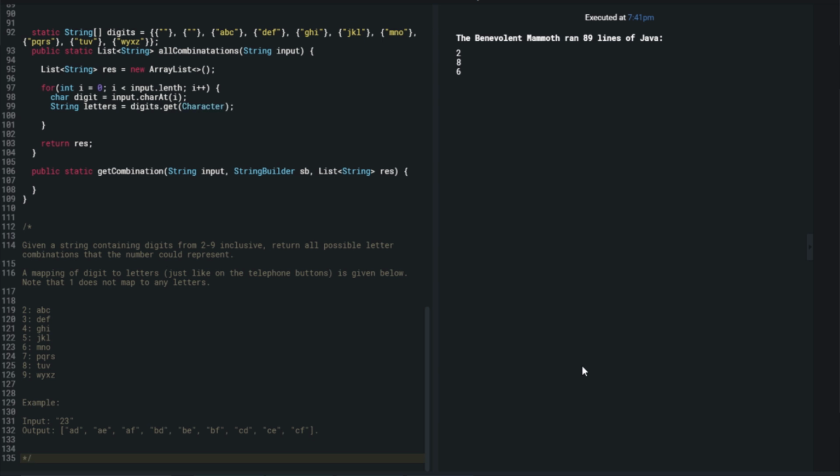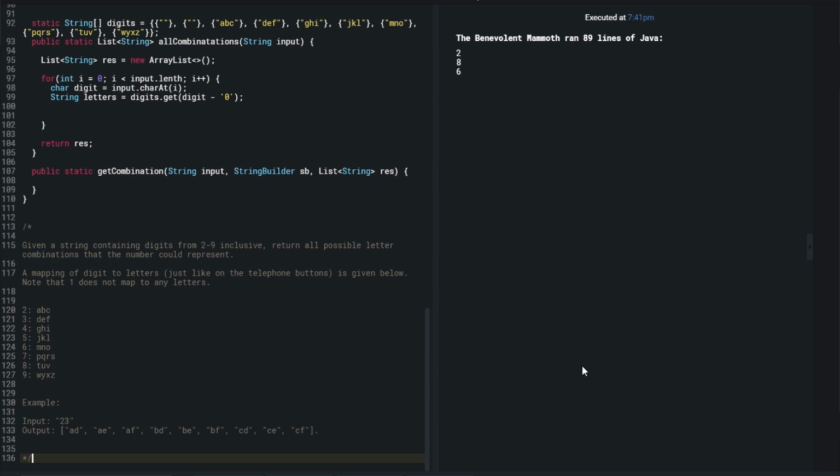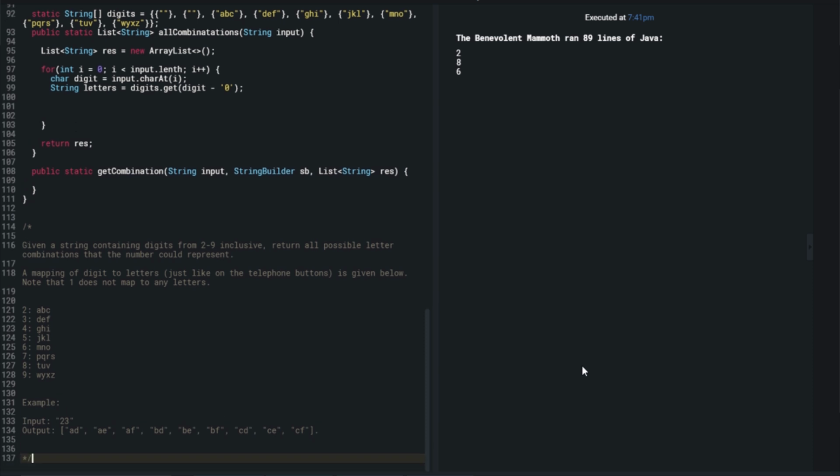I think I can just subtract this thing. It will give me the actual number, and then those letters, and then for each of those, there's G plus plus. What I'm going to do is